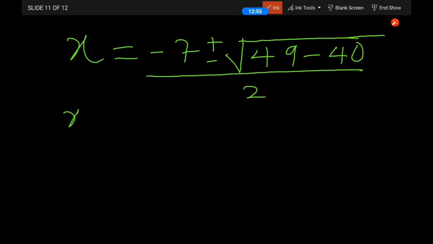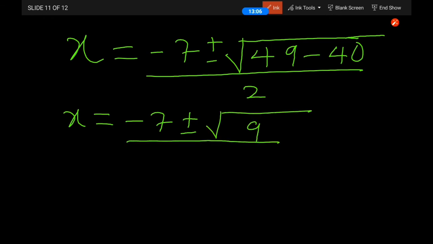So that my x will now be equals to minus 7 plus or minus 49 minus 40 will give us 9, right? Then everything over 2. So that x will now be equals to minus 7 plus or minus 3 over 2,